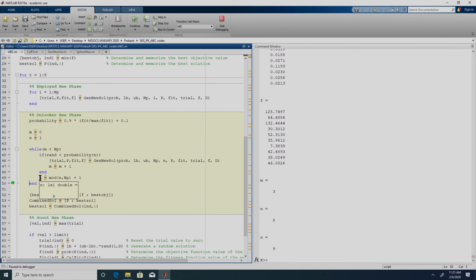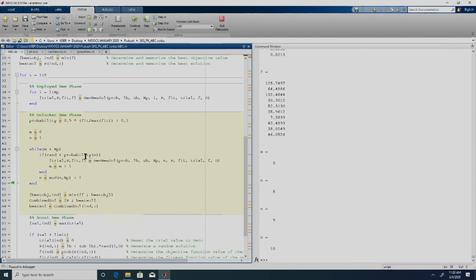So, n now is 9. Here we have exhausted all the 10 food sources for now. So, n is equal to 10 and m is equal to 3. The 4th B is currently going to look for the 10th food source, but that actually does not happen. m is equal to 3, but it is not even taking the 10th food source. Now we have exhausted all the food sources.